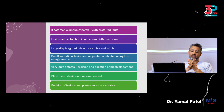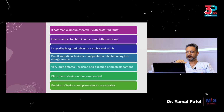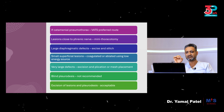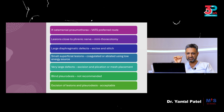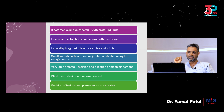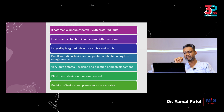If you get catamenial pneumothorax, most of the time it is suggestive of thoracic or pulmonary disease, and a VATS approach would be preferred. If you are having lesions very close to the phrenic nerve, a mini thoracotomy may be needed to protect the phrenic nerve. If you have large diaphragmatic defects, you may need to excise and stitch. But if it's a very large defect, you may need to excise and plicate or put a mesh. If you have superficial lesions, you may get away with just coagulation or ablating using low energy source